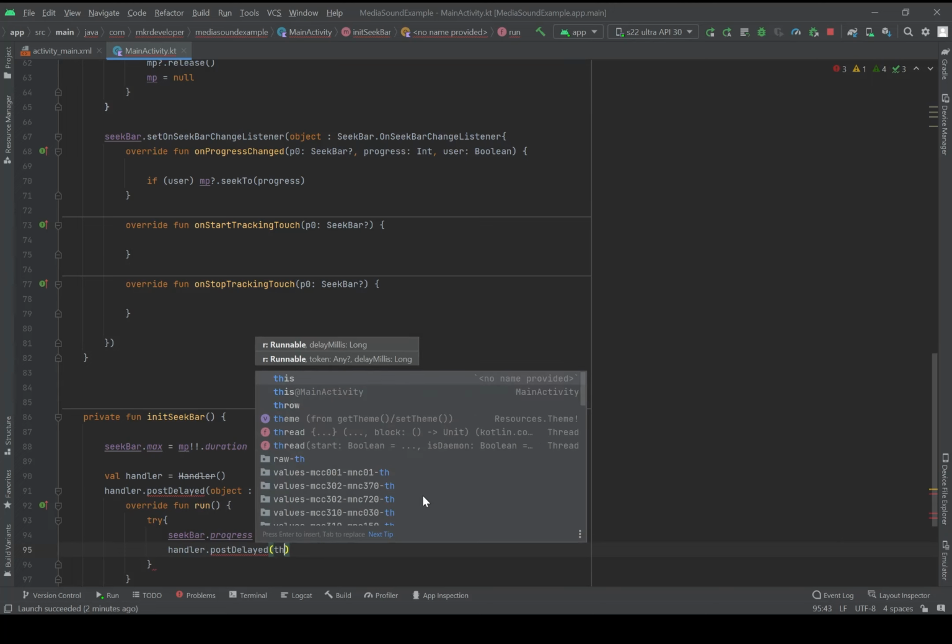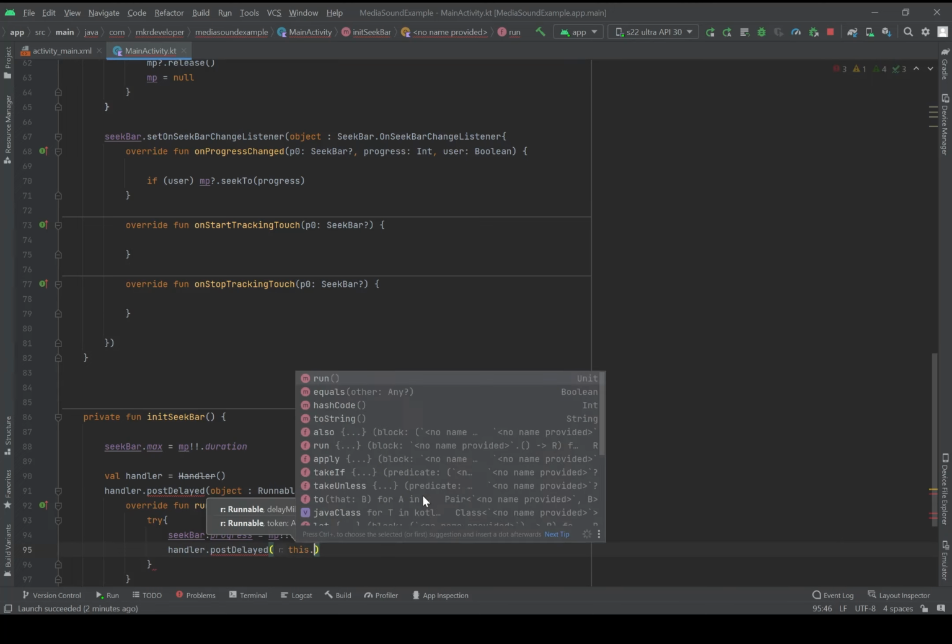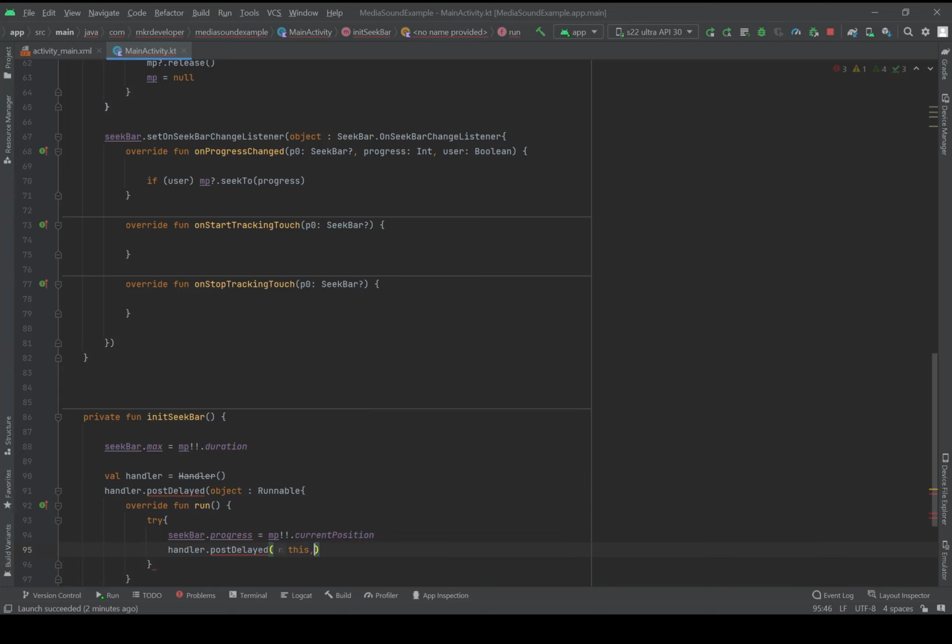Then I should pass the context and 1 second, which will be 1000 milliseconds, and here catch